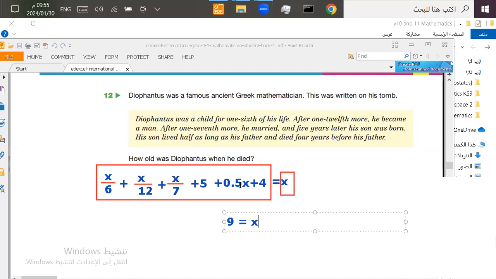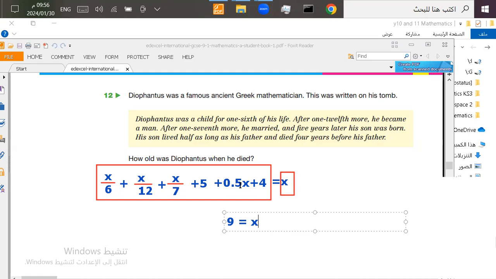So we add 1 over 6 plus 1 over 12 plus 1 over 7 and 1 over 2, which is half. Okay. And we will get